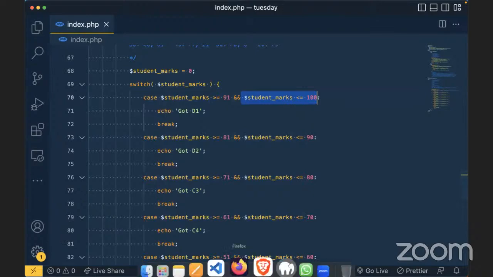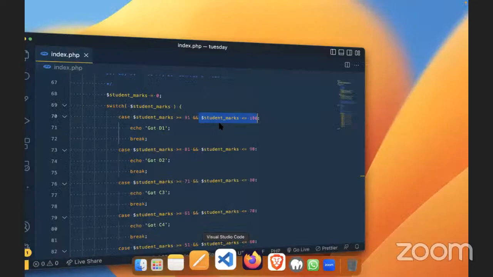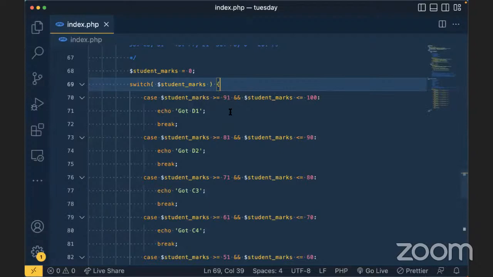Okay, so let's see. D1. Ah, yeah, D1, why? Let me see. And student marks less or equal, greater. So the problem is with, did I use the wrong, the right whatever here? Okay, so what we're gonna do, let me first,